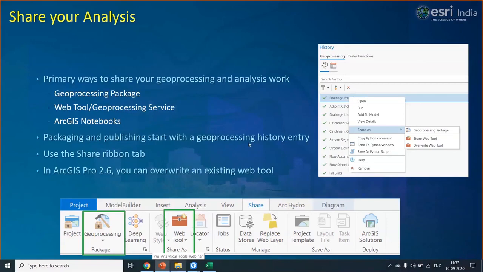The geoprocessing history entry is a very important addition to ArcGIS Pro, from where you can drag and drop all the tools and run your analysis. We also have this Share ribbon tab from where you can share your geoprocessing, package your projects, and share your web tools. Similarly, if you have already published a web tool, you can overwrite the tool with a new one.